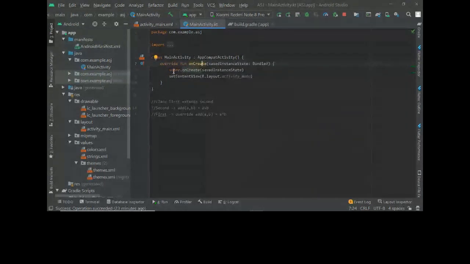If you remember the inheritance stuff which I told you last time, because MainActivity inherits from AppCompatActivity, it overrides this onCreate function. And super.onCreate, as I told you that day, basically means the onCreate function which is there inside AppCompatActivity.